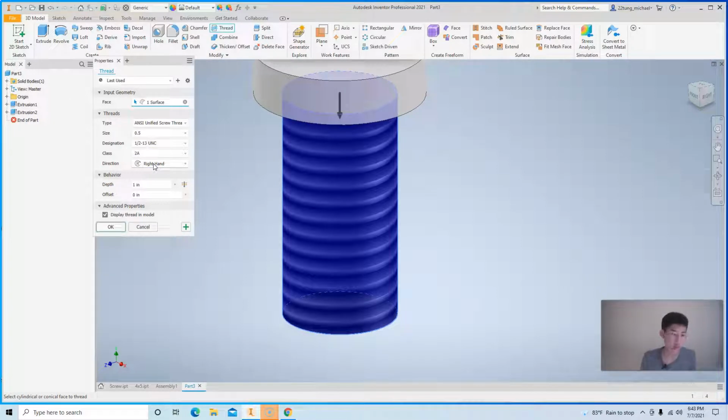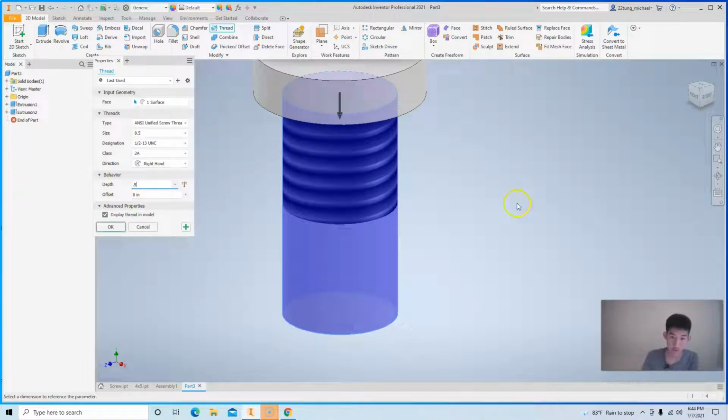And then direction. Now this is the one that is not something that you would normally play around with. There's not really an instance where you would use left-handed screws anymore these days. So just keep it on right hand most of the time. And then for our behavior, once again, we get to choose. So since the whole thing is 1 inch, it automatically just set it as 1 inch, but let's see if I do 2 inches, and it'll just stay the same since we don't have 2 inches. But if we do 0.5 inches, for example, like this,